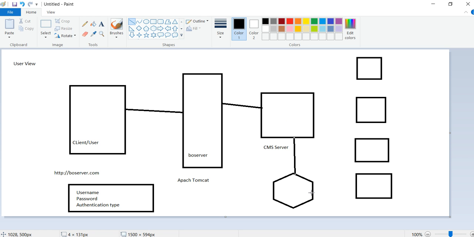If you are authorized, then it will give the result to the BO server pages, and you will get different tools to design reports, or to get the list of reports which are already published in the BO server. Okay, so that is the architecture.